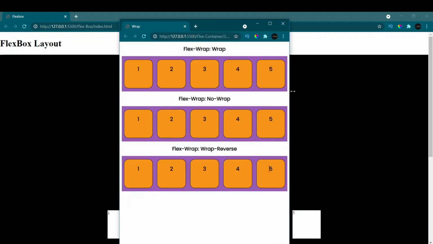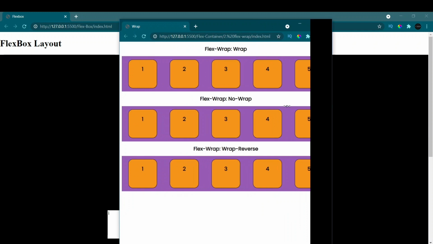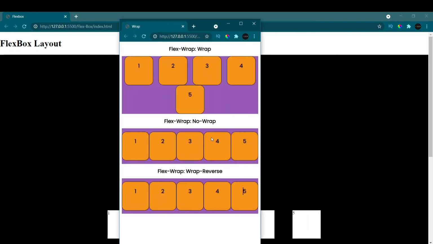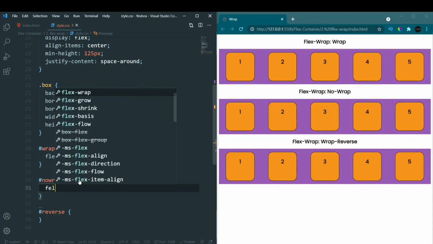So this is what flex wrap does. It helps you create a responsive website. When these elements start sticking too much, you can compare these two of them and then this one, it moves the element to the next line. All right, now the next one that we have is flex wrap of no wrap.